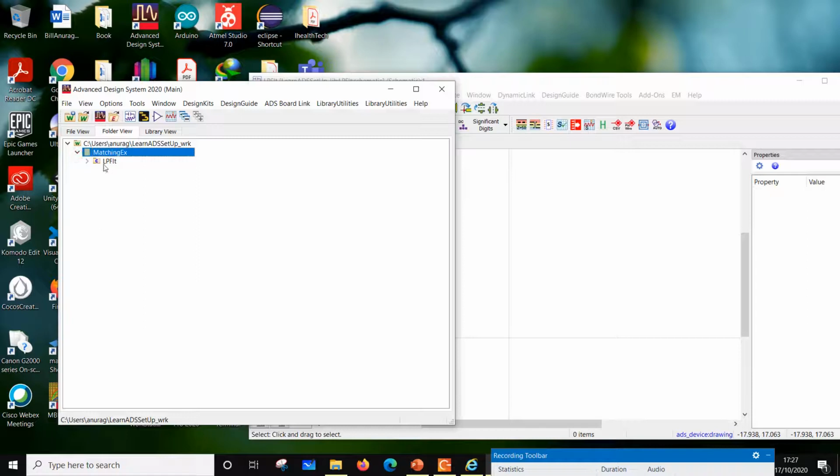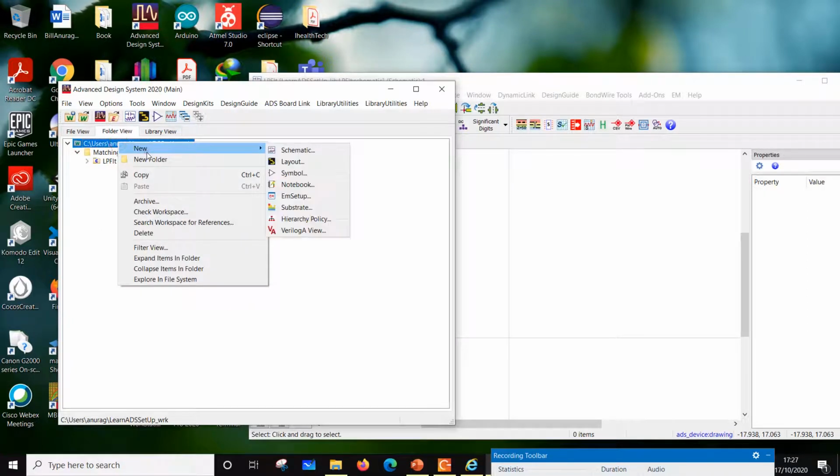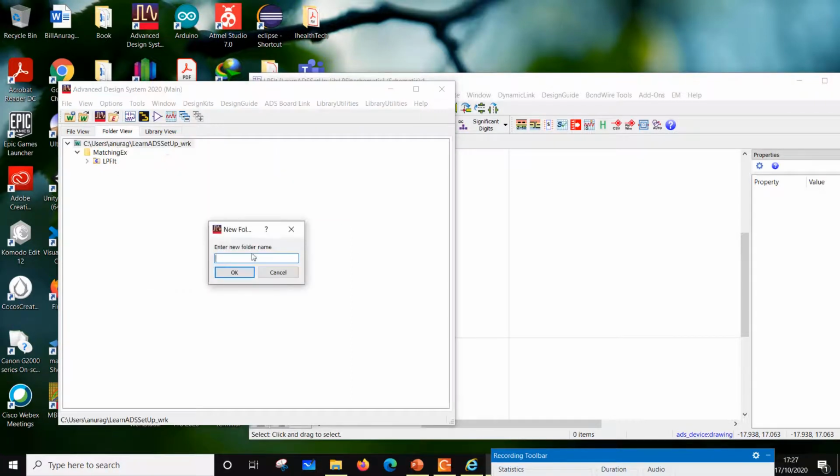It has created a schematic under this folder. So if I was to do a new folder, okay, so I can do a new folder here, and I would call this high pass filter, right? Oh sorry, let's give it another name. Let's say couplers.